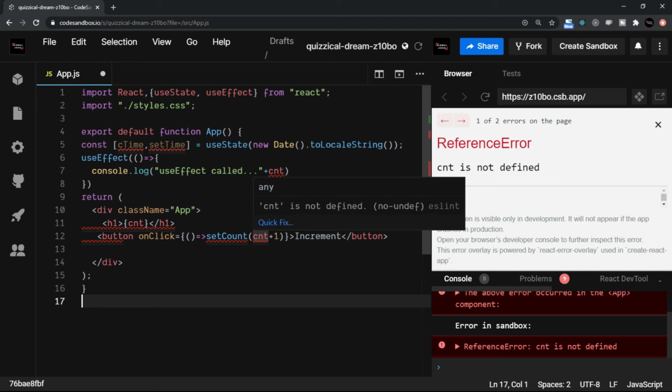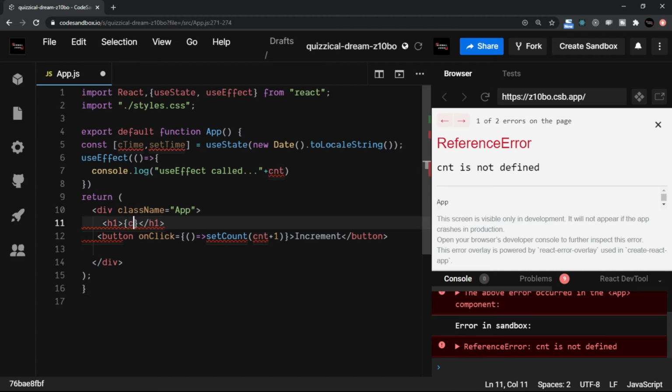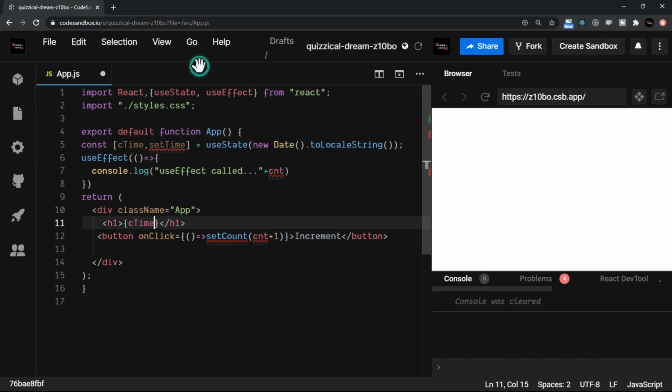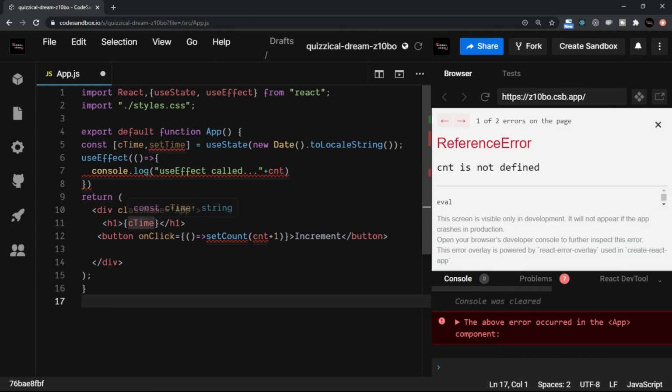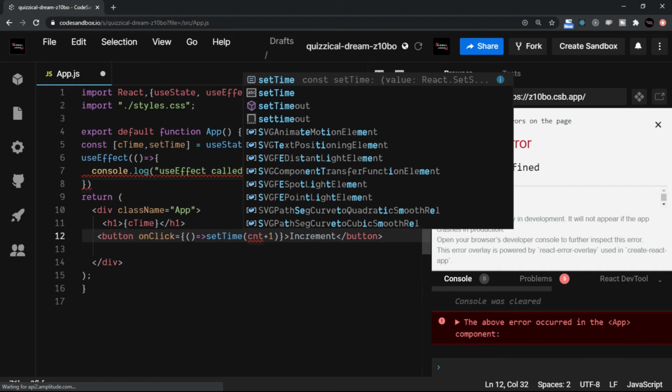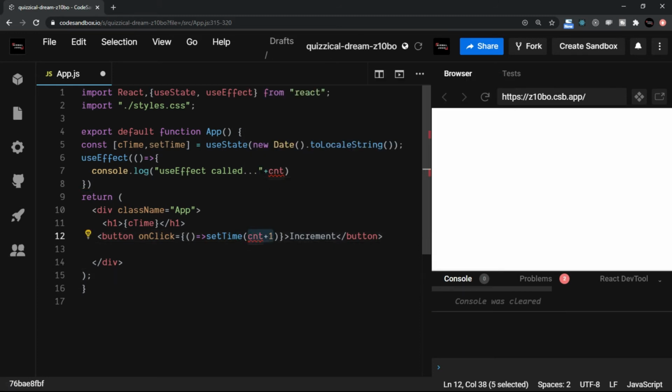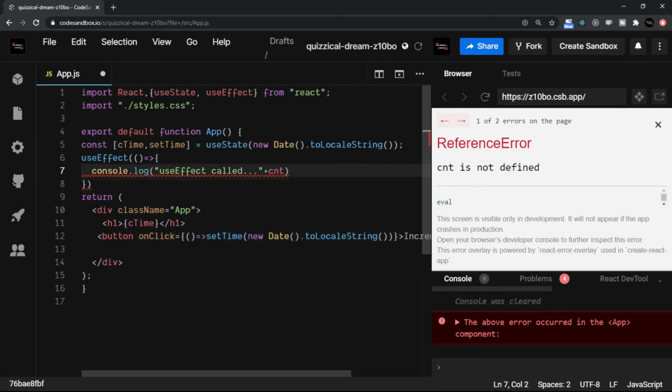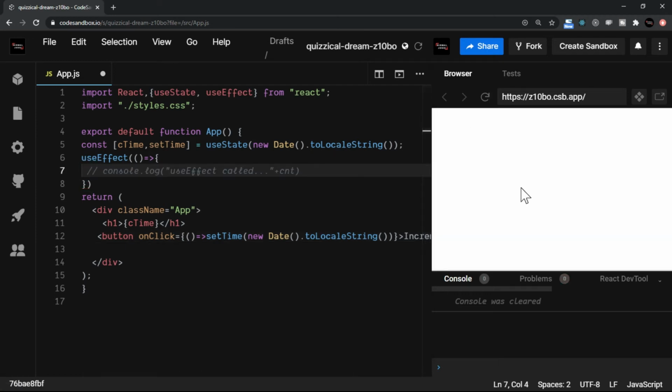Here now we want to display the cTime. So I'll say the current time I want to display. The next thing is we want to change this method to setTime. And we do not want this thing here, right? We will just give this new Date thing and paste it in the setTime. I'll just refresh the code now, and we'll also comment this.